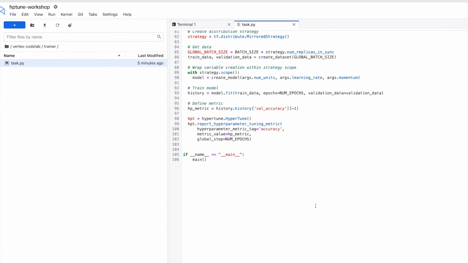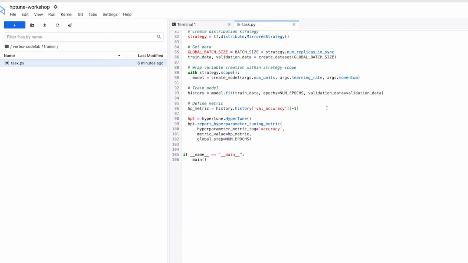Now, the next thing we'll need to do in order to use the hyperparameter tuning service is to define our metric. That's what's happening over here in line 96. It's important that we have a metric that we are tracking because we want to know how effective each trial of our hyperparameter tuning job was, right?